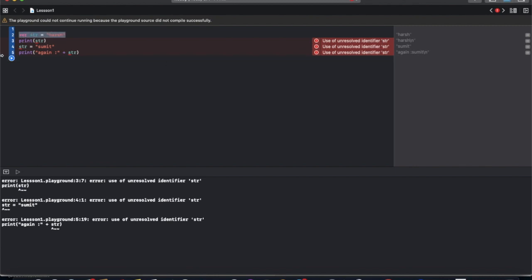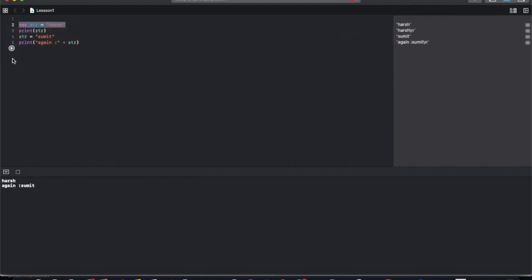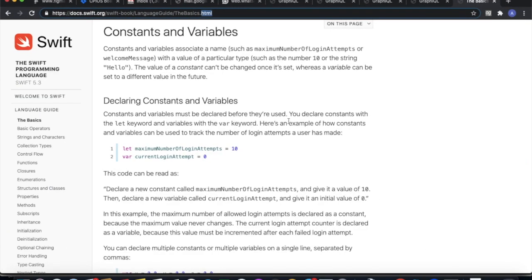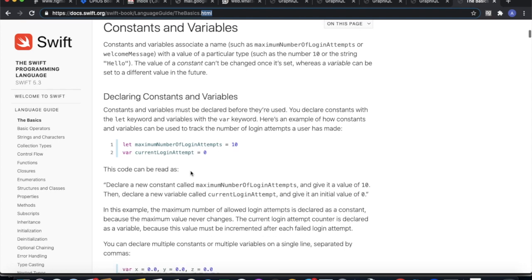Now if we provide the variable here, it will run fine. You declare a constant with the let keyword and a variable with the var keyword. As we also know about this, here's the example.